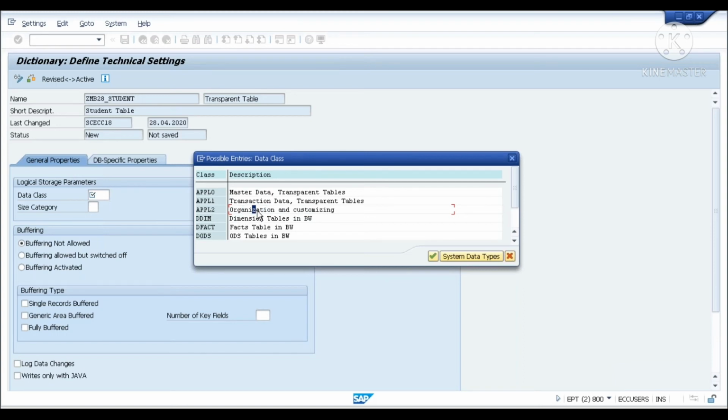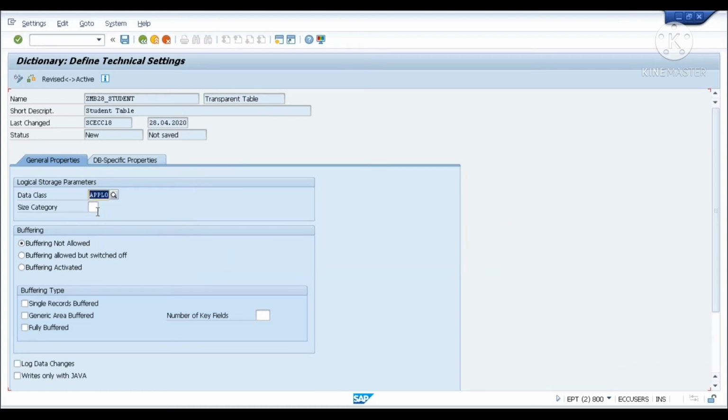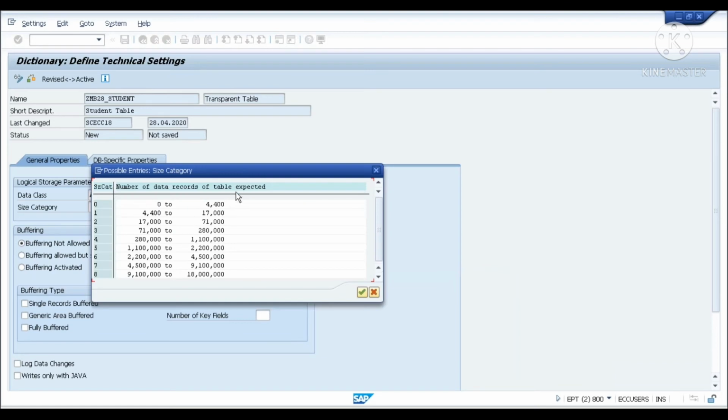For that purpose we can use that one, but in this case it is not required, nor is organization and transaction data. Master data I'm going to use, and as a developer mostly we use master and transaction data. Okay, master data I'm going to use over here.